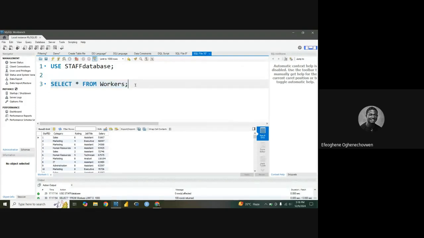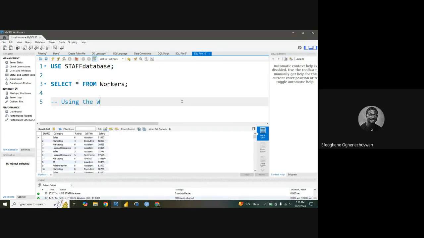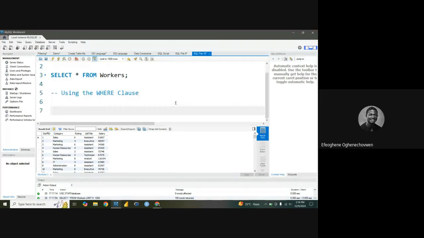So using the where clause, what I want to do now is to display each entry for